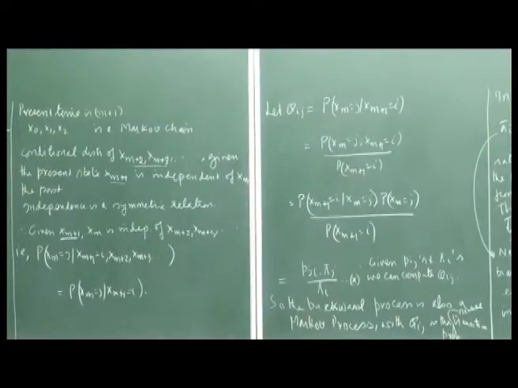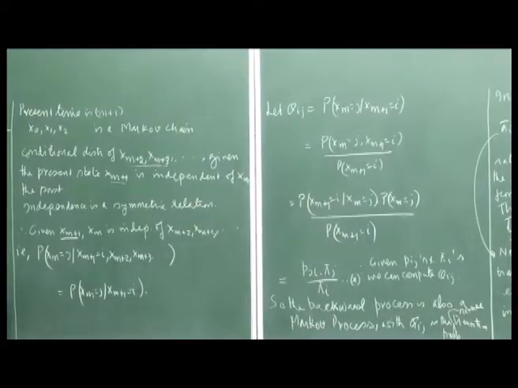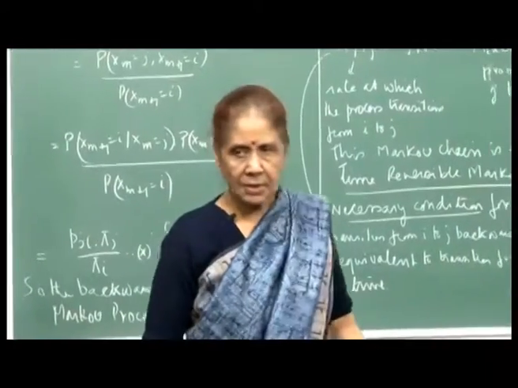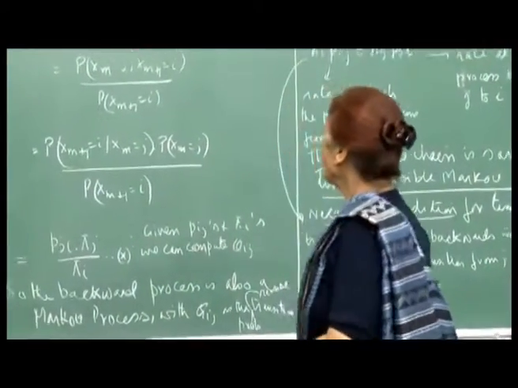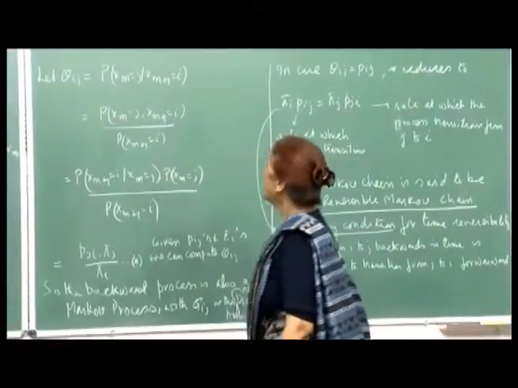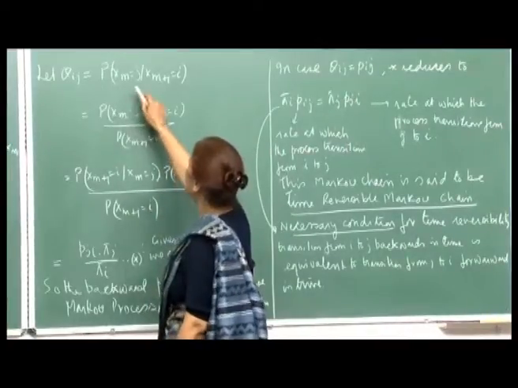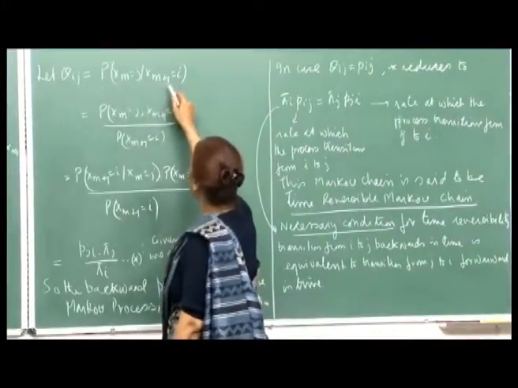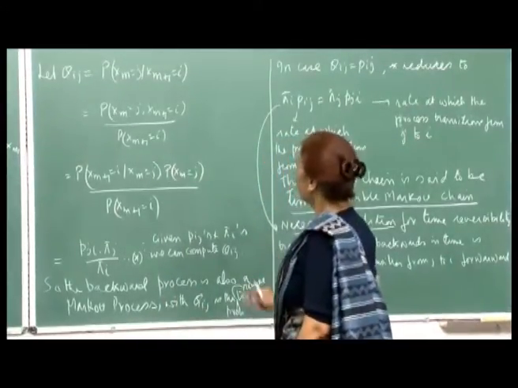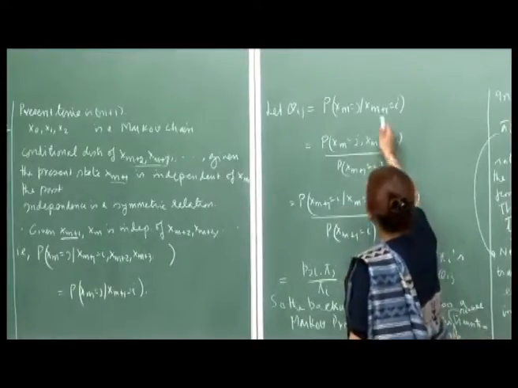And now, we want to look at another special case of this. So, therefore, forward or backward, a Markov process has this property, right. Now, let us define these backward or the reverse probabilities. So, I will say that let q i j be equal to probability of x m is equal to j, given that x m plus 1 is equal to i. So, I am defining the backward or the reverse transition probability.